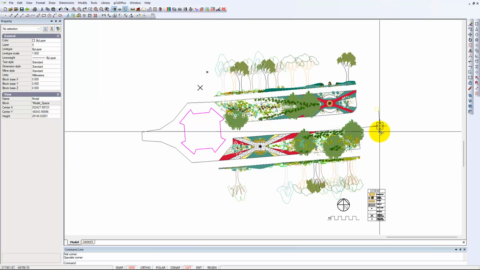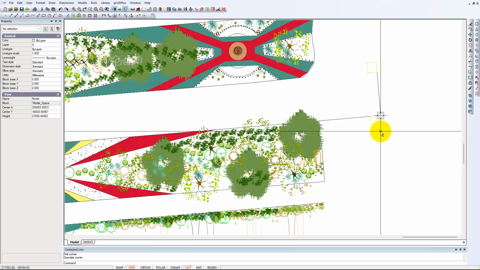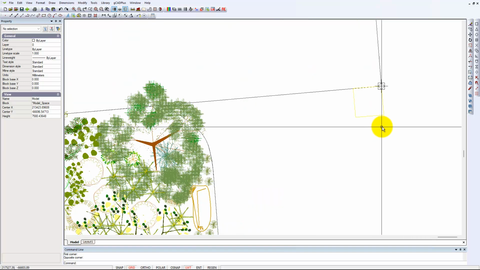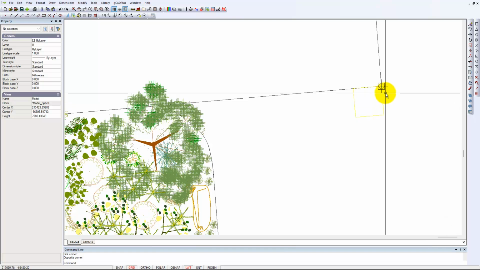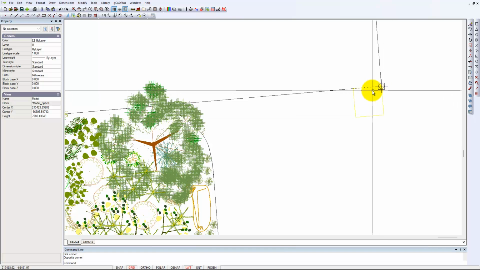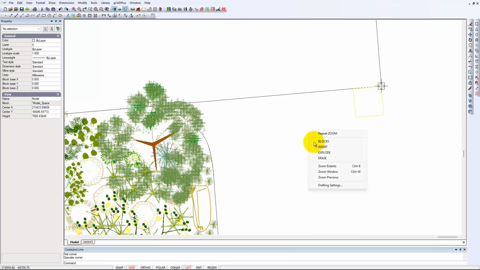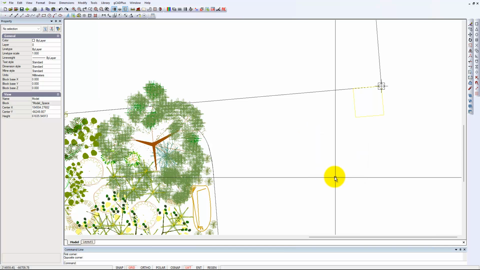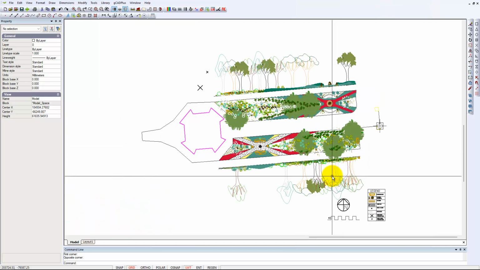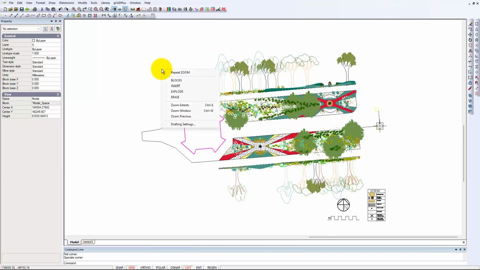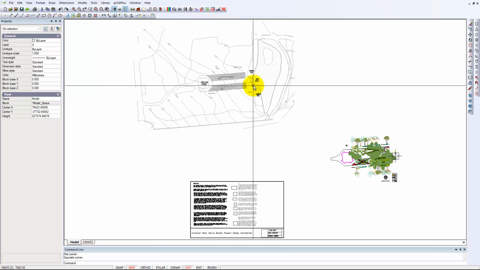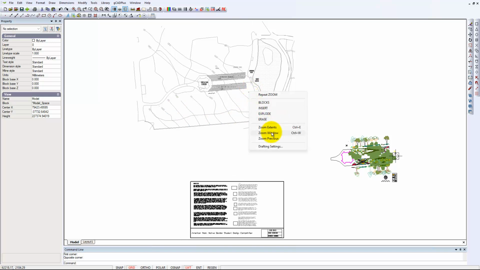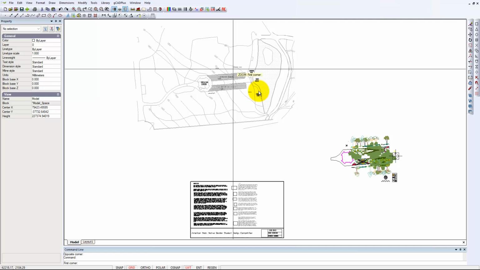So what I've done, if I zoom in here to illustrate, it's a very good idea to find a convenient point, and I've marked the end of this little line here, and if we go back to zoom previous and then zoom extents, I'll zoom in again on this little area here,